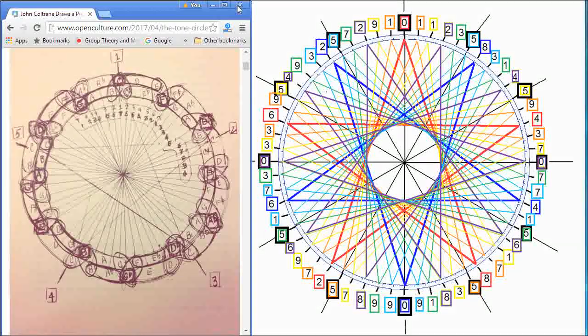I'm doing the same kind of study, coming more strictly from the astrological viewpoint, and we come up with the same exact diagram. Incredible. Now, what's interesting to me, from my point of view, is that John Coltrane shows how